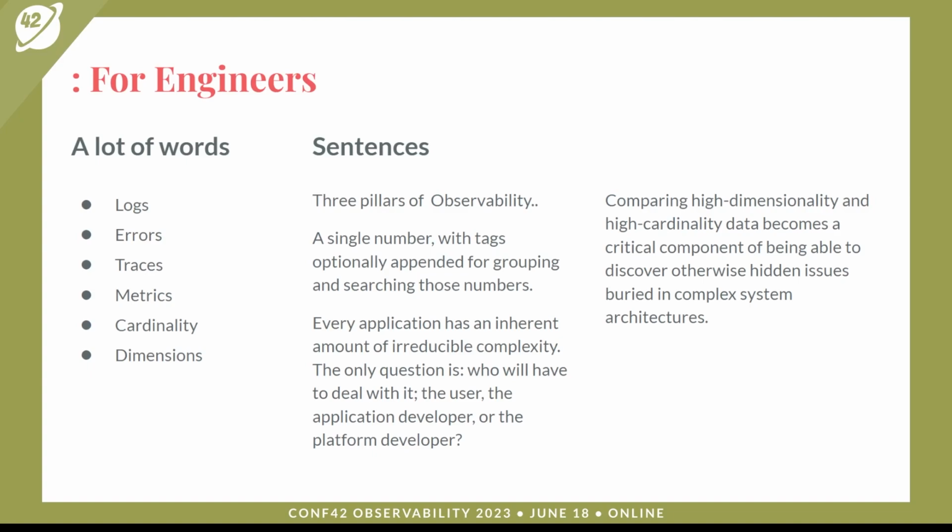So how does this help? Let's look at the sentence again, right? Comparing high dimensionality and high cardinality data becomes a critical component. So high cardinality automatically reduces your entire available data to a very small number of data, because you know that if it's high cardinality data, it's already occurring very rarely, right? Then comes dimension. So dimension is basically how many permutations can you make with your available data, and using a high cardinality key gives you, while fewer dimensions, very unique dimensions. And creating these permutations and comparing them becomes a critical component in being able to discover otherwise hidden